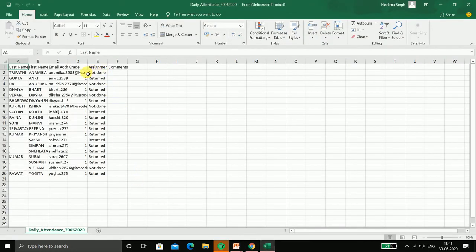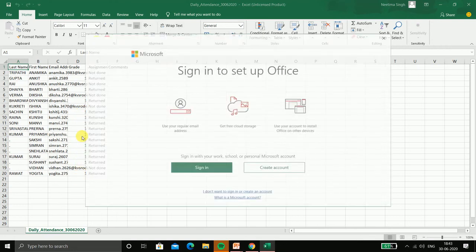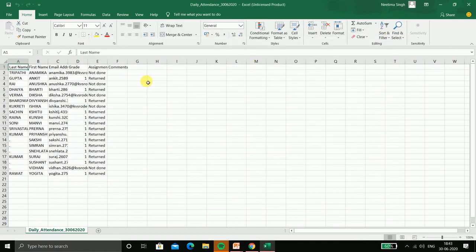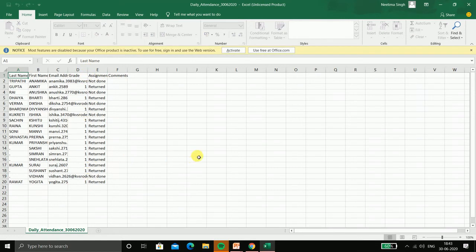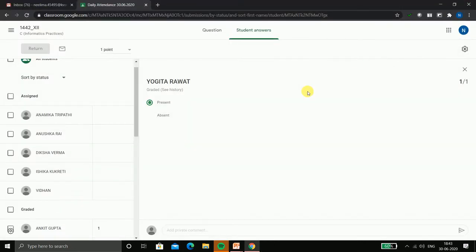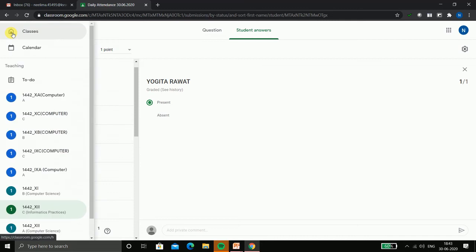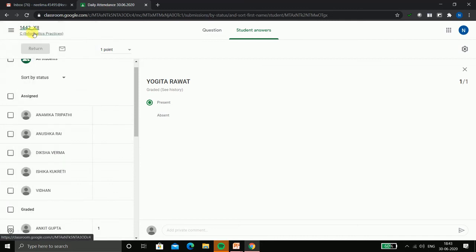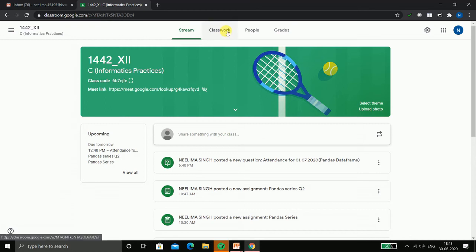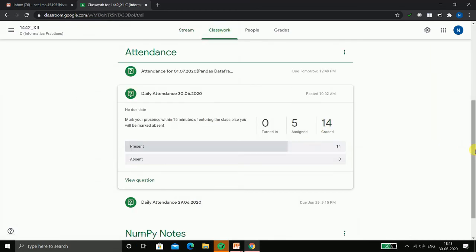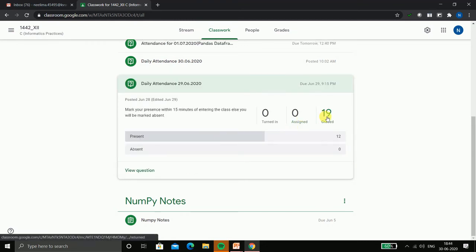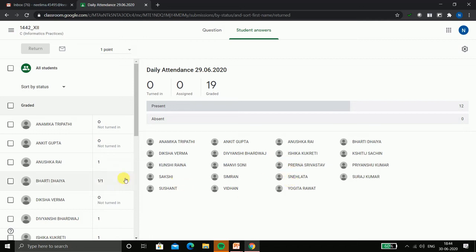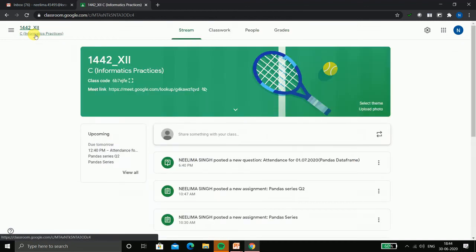Here I can see wherever grade 1 is marked, that means these students were present, and where grade is missing, that means these students were absent from my class. If you do not want to do the grading, even then it's okay, because you will be able to see how many students were present and how many students were absent. For example, I am showing you another case. I have already graded them. I have given the grade. If you do not want to grade the students, for that I am showing you.